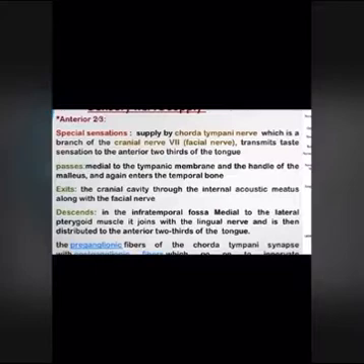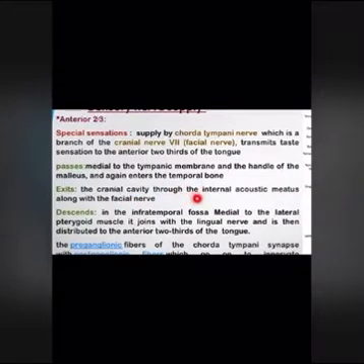Anterior two-thirds, special sensation: supplied by the chorda tympani nerve, which is a branch of the cranial nerve, the facial nerve. It transmits taste sensation from the anterior two-thirds of the tongue, passes medial to the tympanic membrane and the handle of the malleus, and again enters the temporal bone,